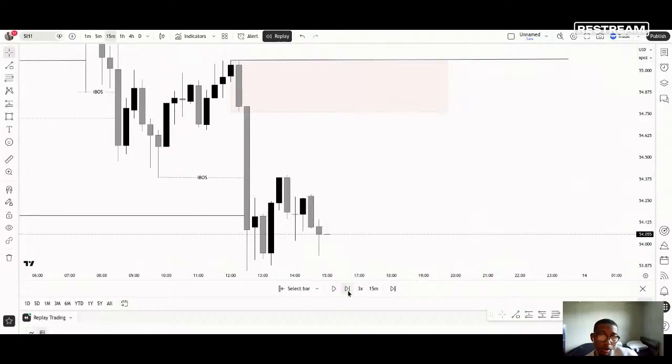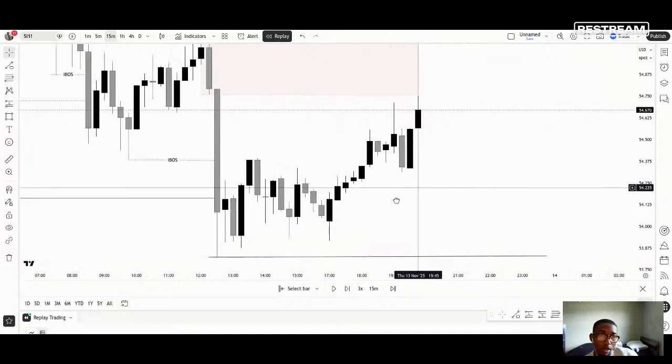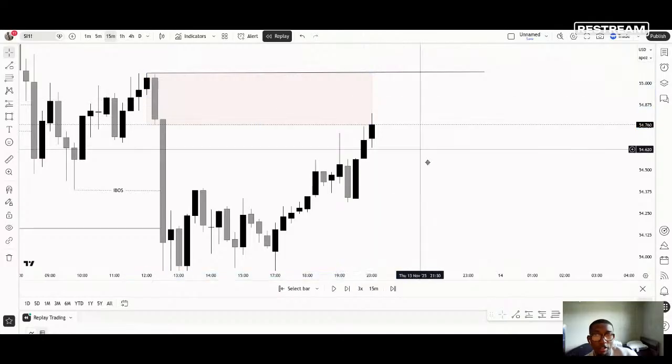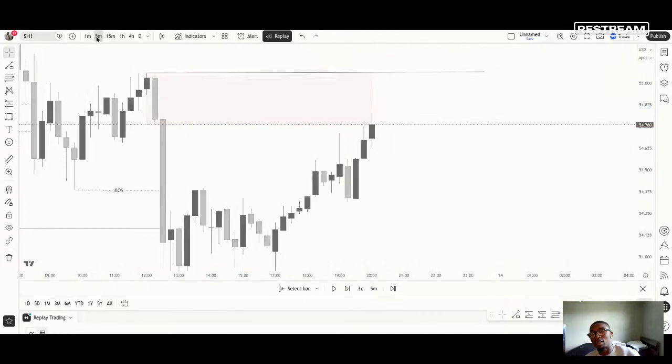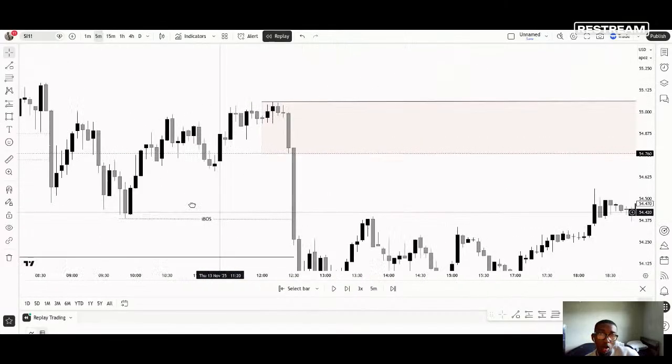I literally don't do anything. I just wait. And if the price doesn't touch it, guess what? I continue to refine, I continue to analyze price. Right? And it got very, very close, but it still did not touch it. Cool. Now it has officially touched my area. So as soon as price mitigates my time frame, mitigates my point of interest, I'll go to my 5 minute